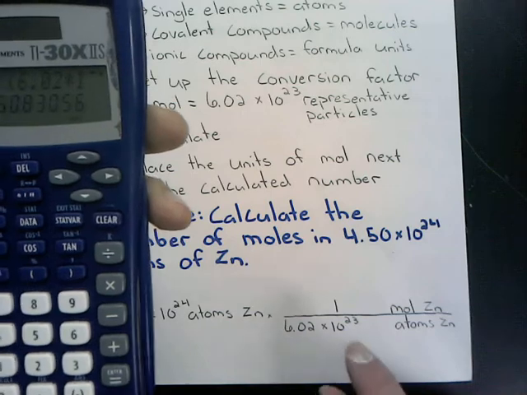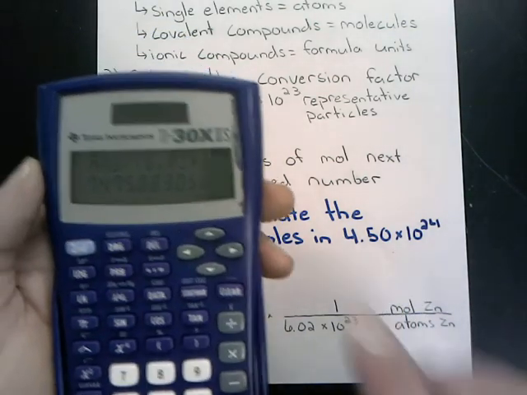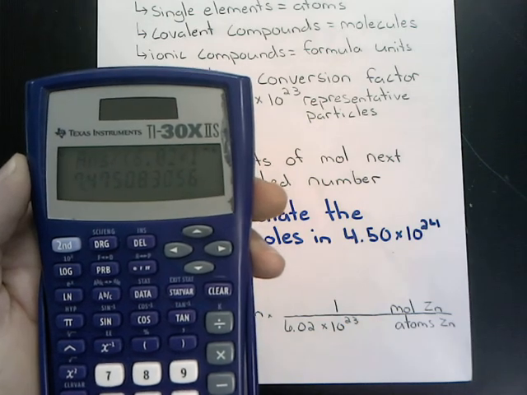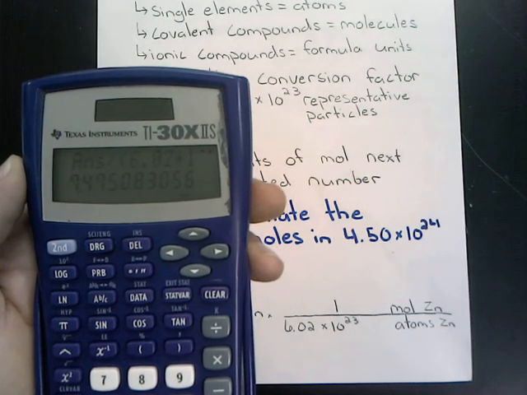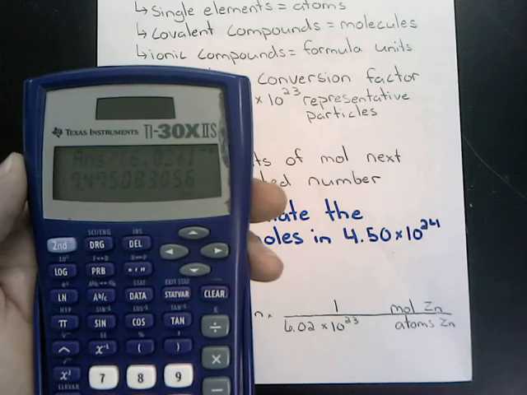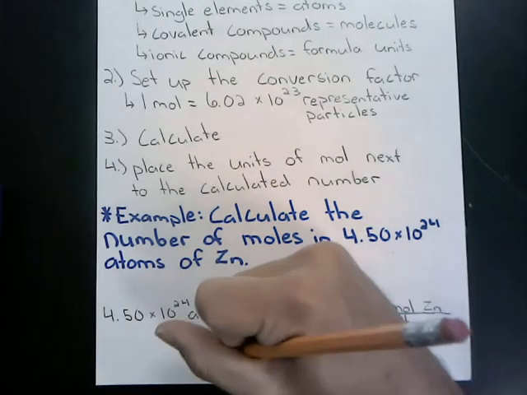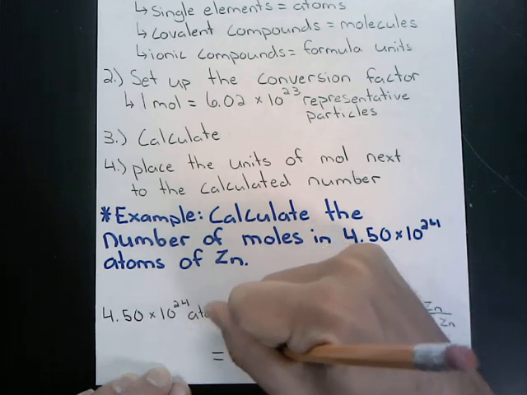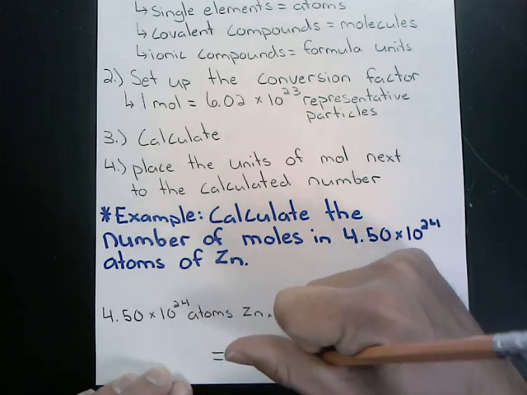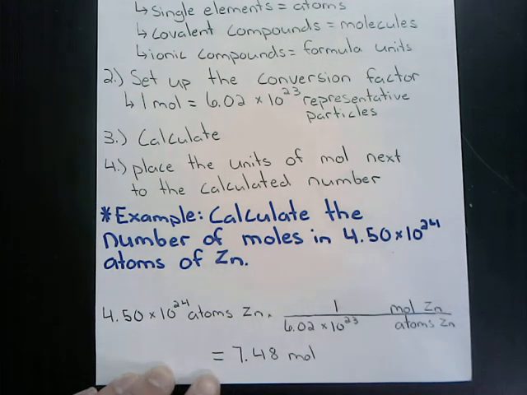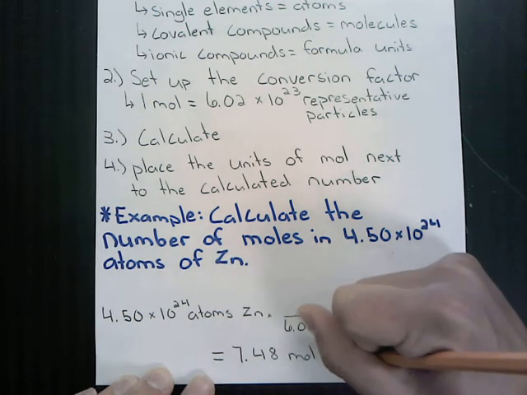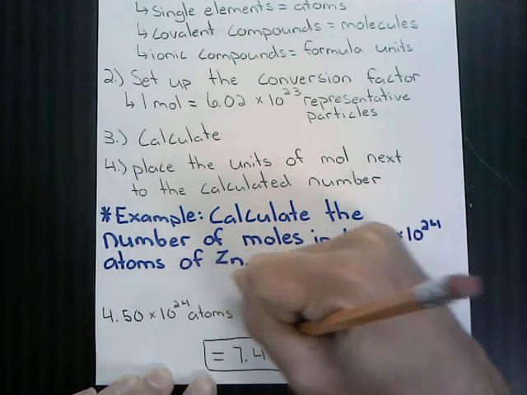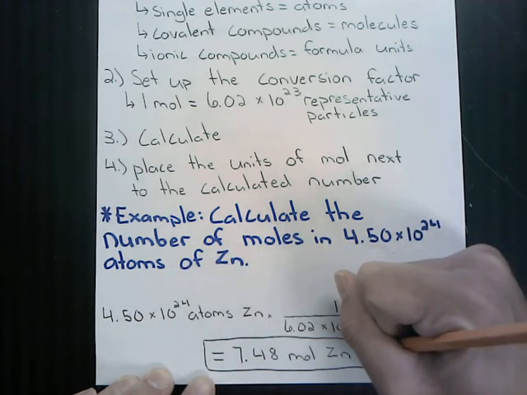Now, I had 3 total digits, so I'm going to keep 3 total digits. So our number of moles of zinc in this particular problem is 7.48. So again, that rounds to 7.48, and that would be in the units of moles of zinc, Zn. And so that would be our answer. So I've shown you how to convert from moles to particles,